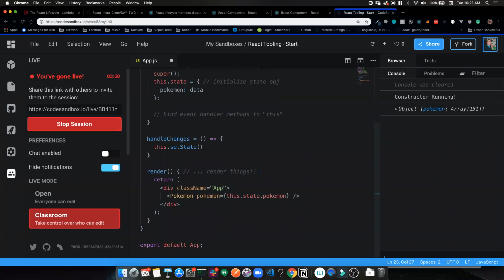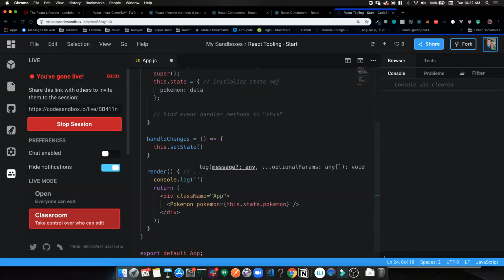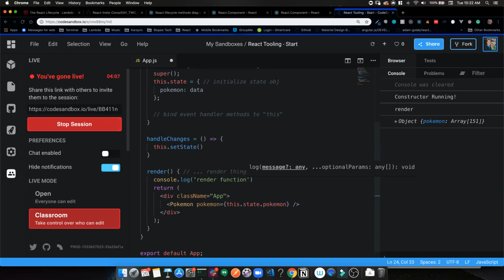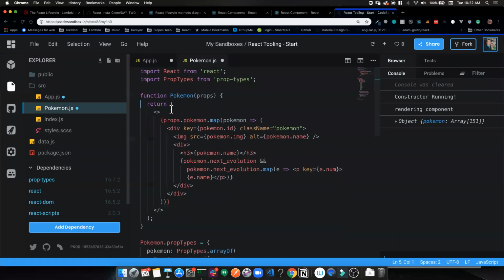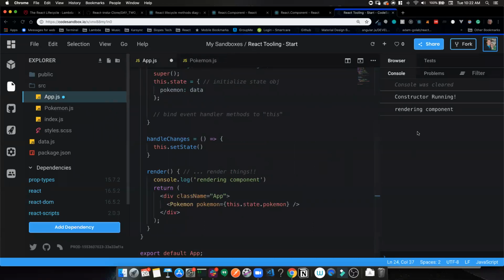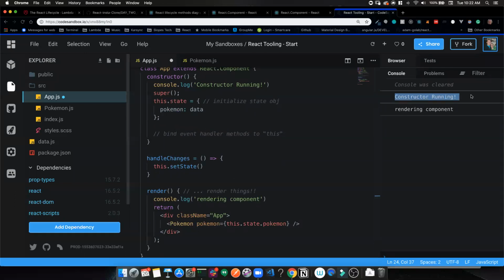It's like they were thinking about this as they named this function. So let's go ahead and console log. Let's see when this render function runs. Rendering component. And then let's jump into here, just get rid of this console log for now. Okay, so in our console, we see that our constructor was run first, and then we